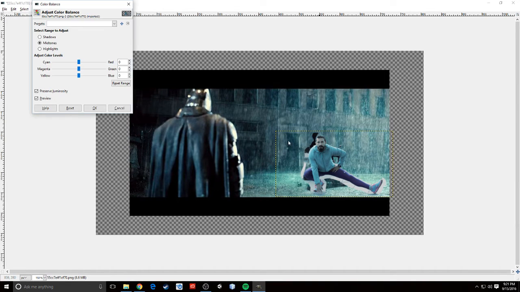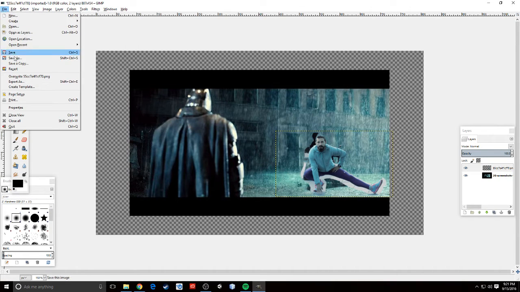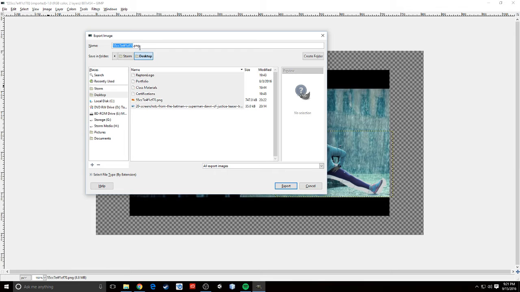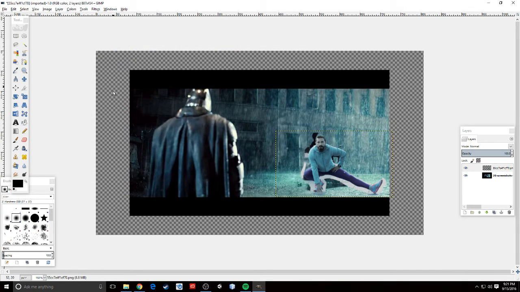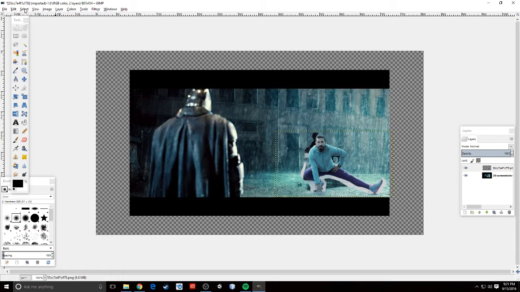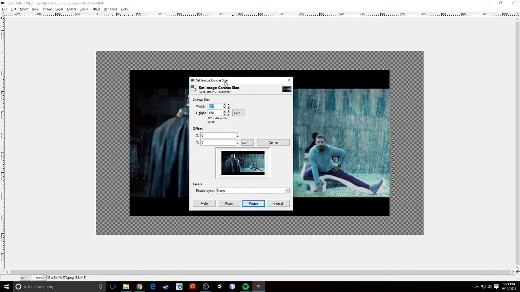Okay, now when you're done with your composite, all you have to do is File and Export As. The Export As dialog will let you save PNG files. Oh, one more thing before I save it. I have all this extra canvas that I don't want. So what I'm going to do is I'm going to go to Image and Canvas Size, and I can adjust the canvas size here on my own,